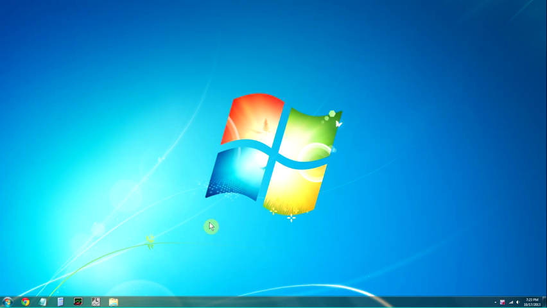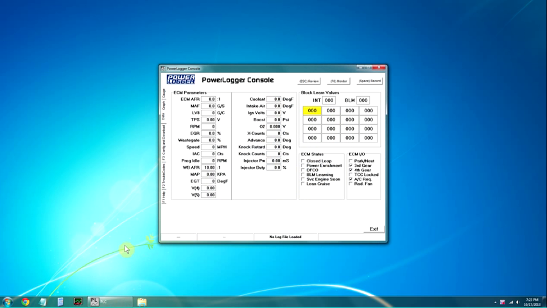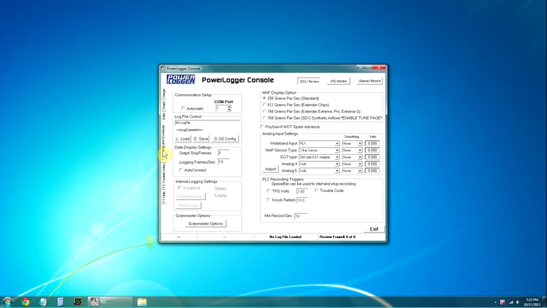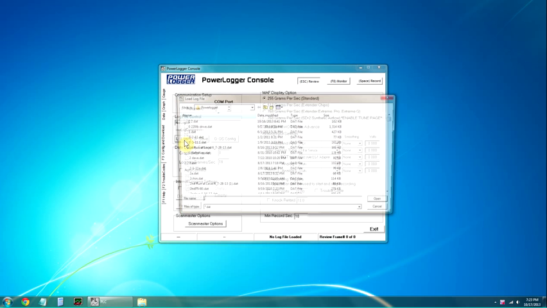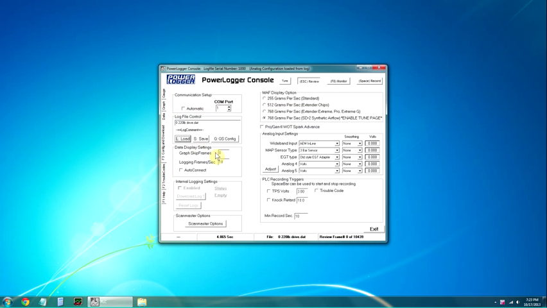Okay, I'm going to open up the Powerlogger software so we can look at a log and step through what it takes to look at the VE table and make changes to the VE table. So I'm going to load up a log. This is a drive that I did,